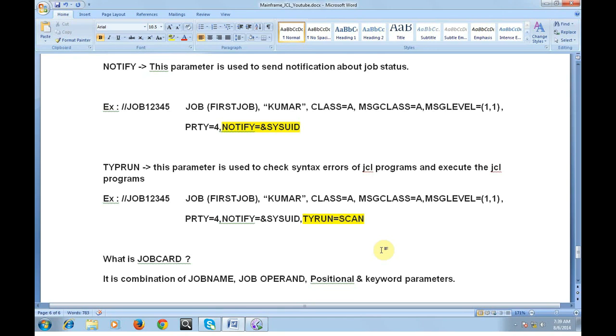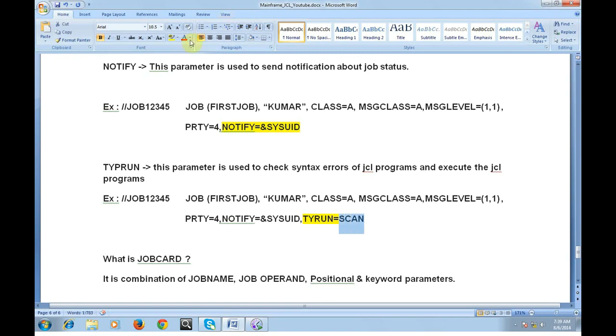If there is any fault, it will throw a message, and you can go to spool, check the message, correct it, rerun it and check it. If it is good, then you can change TYPRUN equal to SCAN to run, and you can then execute your program. So this is very important in real time.